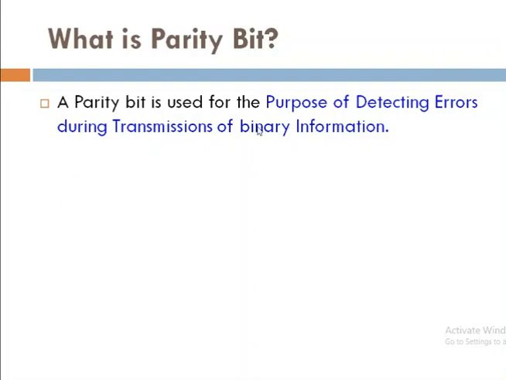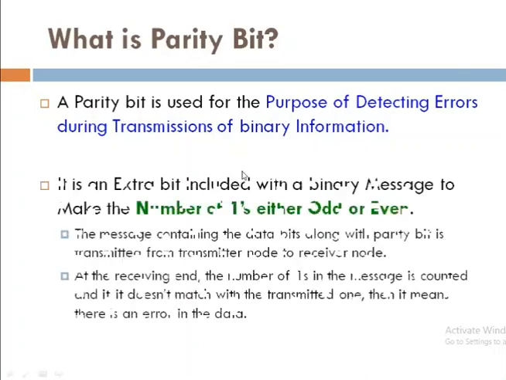Is there any error in the data? So at the receiver end, we are identifying these errors. For that purpose, you need to first add this extra bit, that is the parity bit, to your data. This extra bit depends on the data input, so you need to observe the data input.